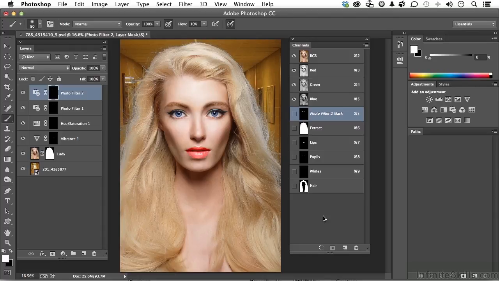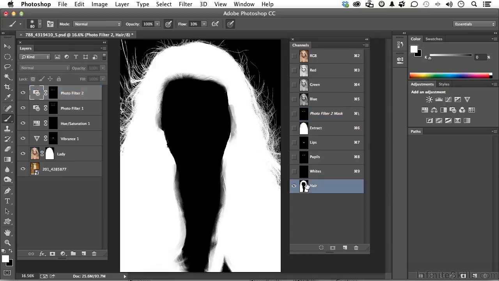For this lesson, go into your exercise folder and open up the image that begins with 788 but ends with _5. In this lesson, let's play around with hair color. Now again, I already have the selection made down here,